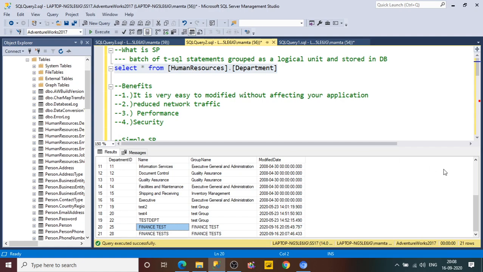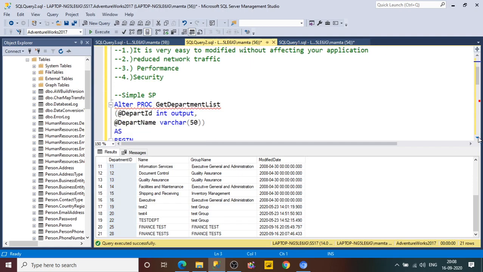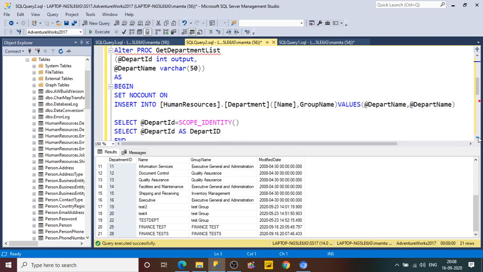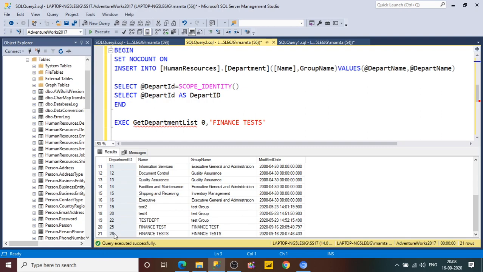Many of us will not know, so that is why this auto incremented column should not be used in the ASP.NET application as an identity column, because it is not always a correct value. Sometimes when you get an error while inserting, the auto incremented value will be incremented by one and it will create gaps.